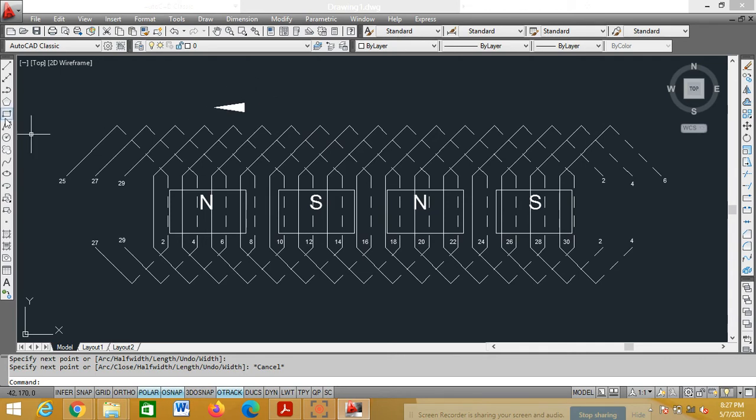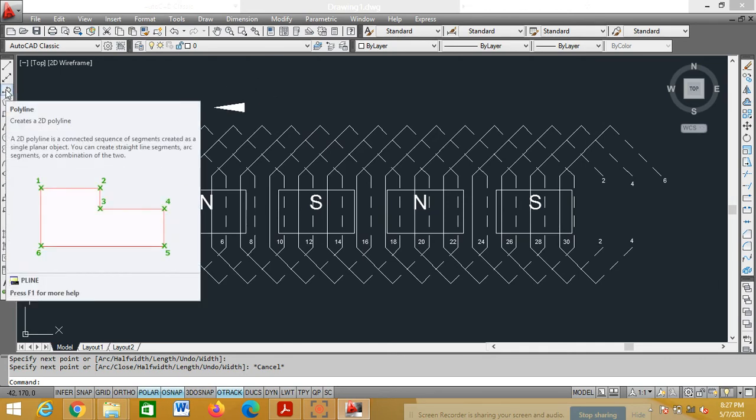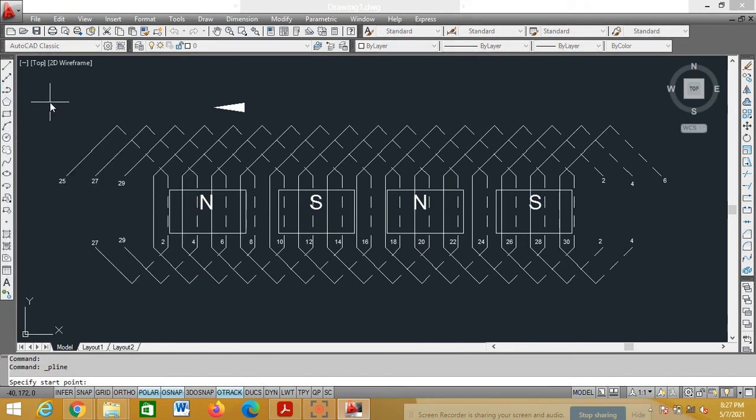So this is the half width. Select the polyline. Click somewhere, start point. It is asking specify the next point or arc, half width, length, undo width. It is half width. So H, enter. Starting width it is asking. I'll give 0.2.